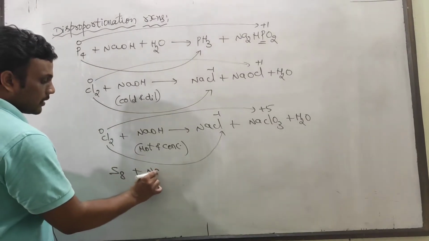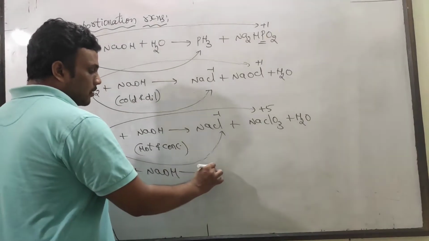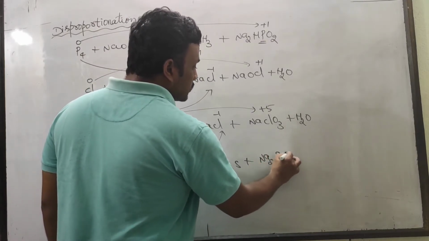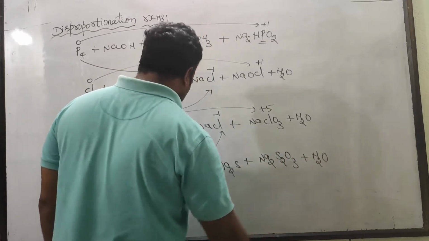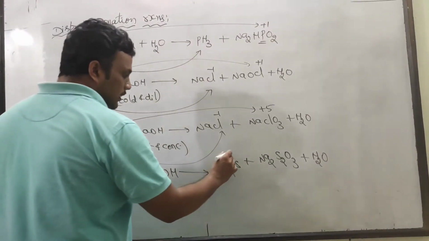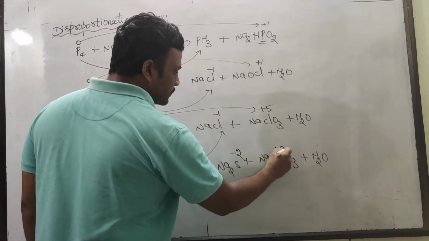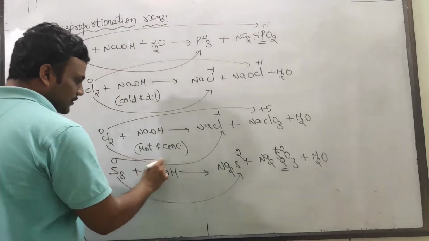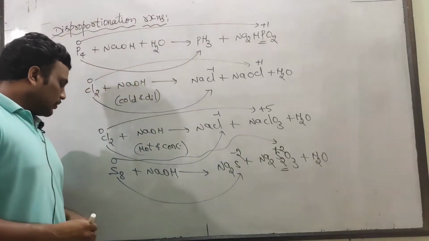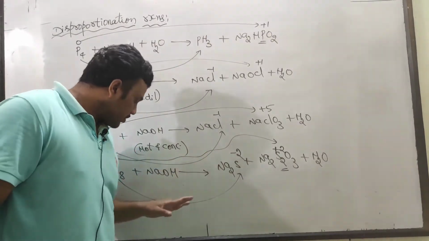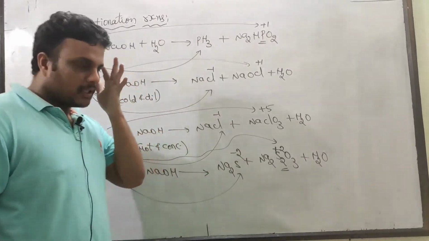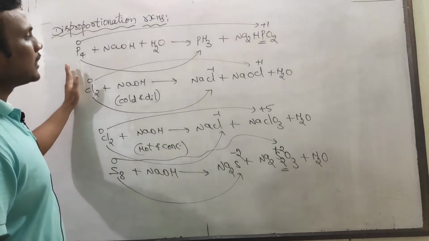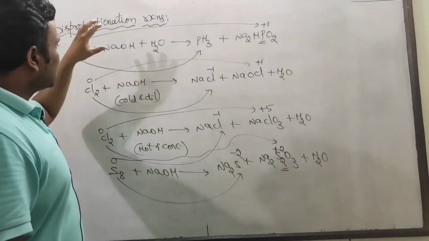Sulfur in alkali medium: sodium sulfide is formed, and sodium thiosulfate is formed. These are very standard reactions. Sulfur is in -2 here, and here +2. You check once again whether it is +2 or not, I have a little bit of doubt. You can calculate it. So 0 to +2, that is oxidation. 0 to -2, that is reduction. So what is the oxidizing agent? No doubt, the same substance undergoes reduction and oxidation in this reaction.